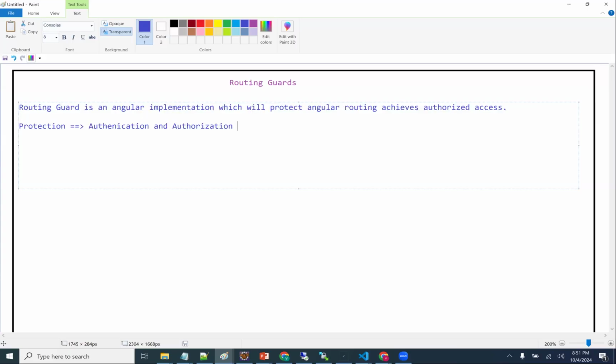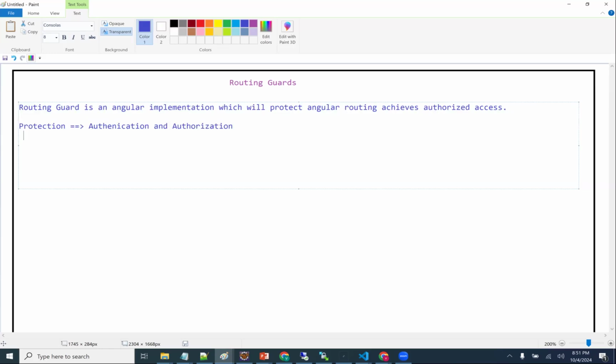Javed, you're saying something about Spring Security. It's not only Spring Security, sir. If you are integrating with Spring Boot, Spring Security is required. If you are integrating with a .NET Web API, .NET security is required. If you are integrating with PHP, PHP security is required. It all depends on how you are going to implement security. Authentication as well as authorization.